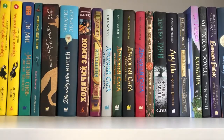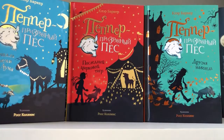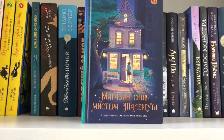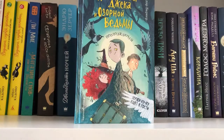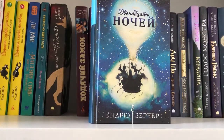And the very last bookshelf in this tour houses all of my children's and middle grade books, starting with The Royal Rabbits of London, Knitbone Pepper Ghost Dog books by Claire Barker, Echo by Pam Munoz Ryan, Kiki's Delivery Service books. This is a book by Korean author Lee Mi-ye, or the English name Delargood's Dream Department Store, Pickle Witch and Jack and the Cuckoo Cousin by Claire Barker, Serafina and the Twisted Staff by Robert Beatty, 12 Nights by Andrew Zurcher,